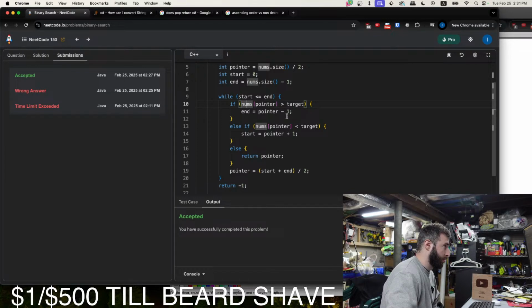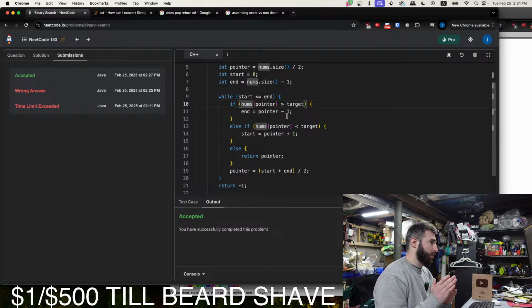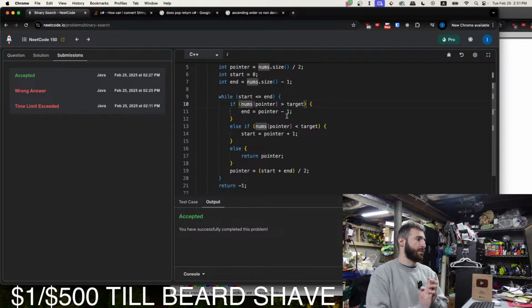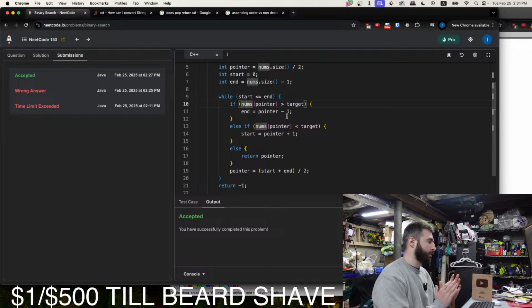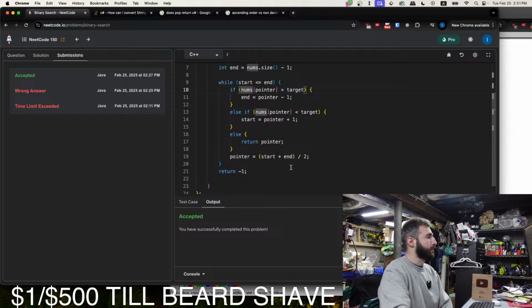If it is, then we throw all that out and continue with the lower half. If the number is less than the target, we throw the lower half out and continue with the higher half. Otherwise, if it's equal to the target, we return the pointer. Then we calculate the position of the pointer based on the start and end position. And then if none of that executes, we return -1.